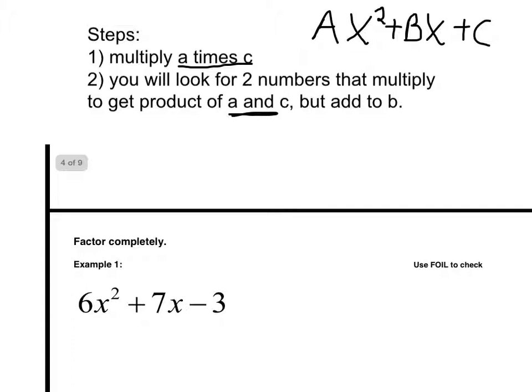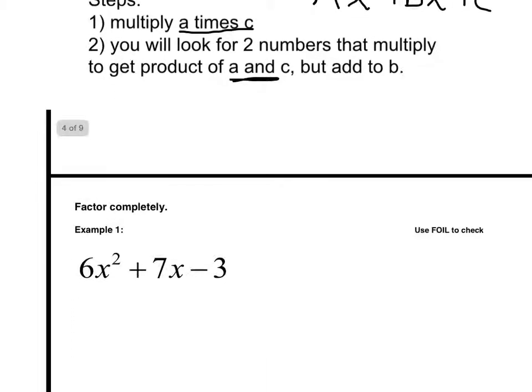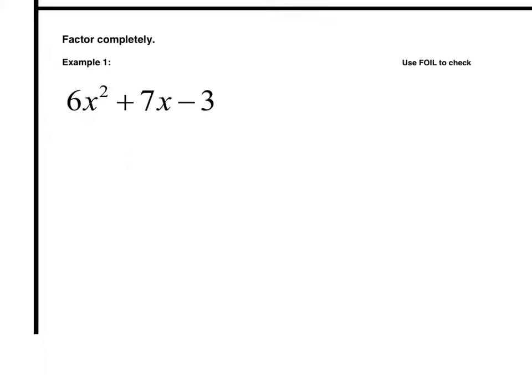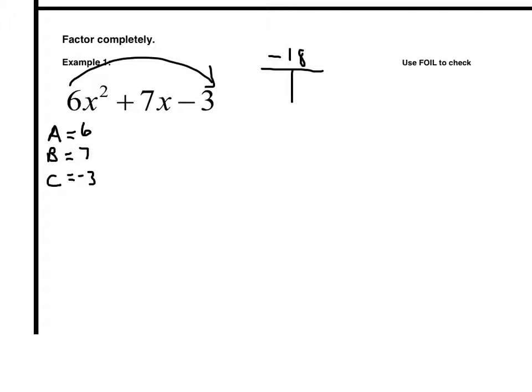Alright, so let's start with this first problem. The first thing we want to do is identify your a, b, and c. So a is 6, b is 7, and c is negative 3. Then you want to multiply a times c. So 6 times negative 3, which is negative 18. Then you're going to look for factors that multiply to negative 18,